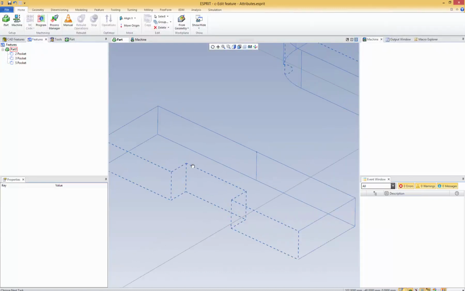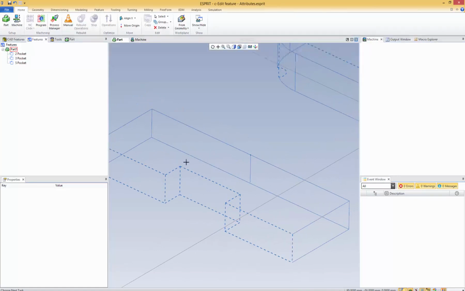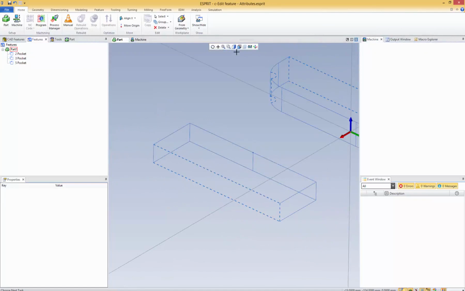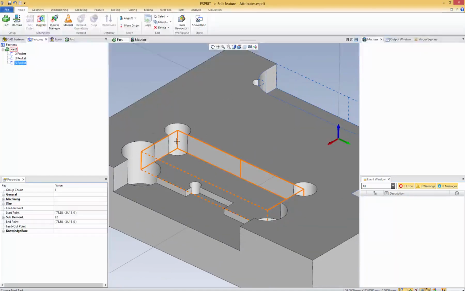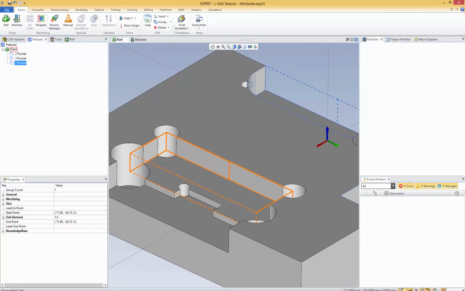Okay, so one other thing that you will notice when you use this function is that here it looks like I'm removing one element at a time, but you can remove several elements at one time like this, and then it will connect all of them together. And here we can see in just several clicks, I will get a pocket feature that would maybe not be so easy to create on this part otherwise. Okay, so let's jump into another example.